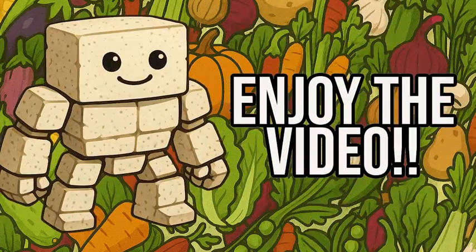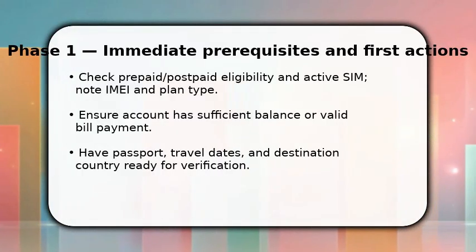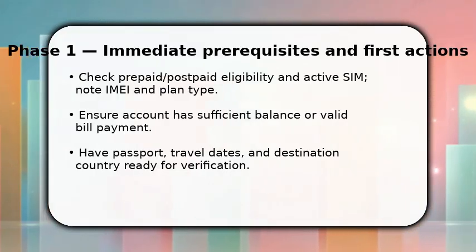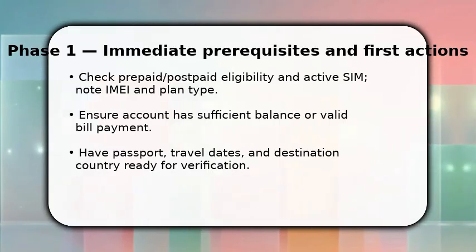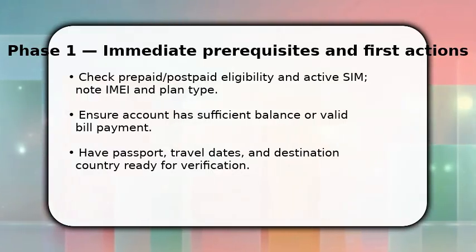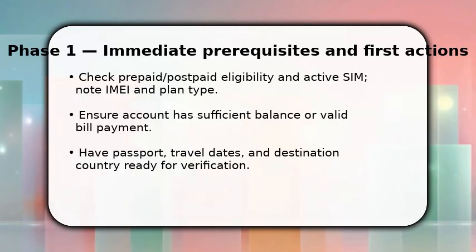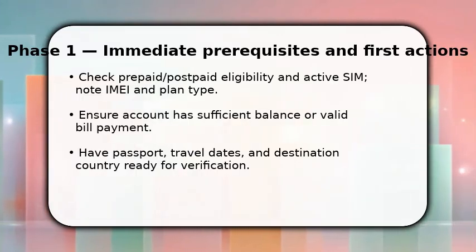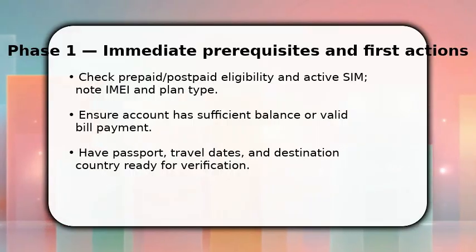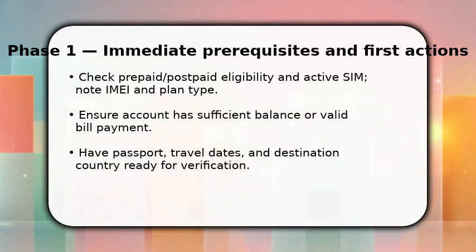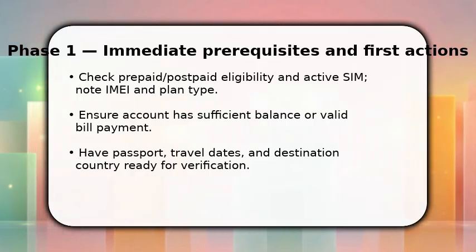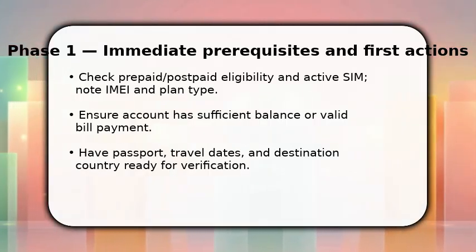Please enjoy the video. You begin by confirming eligibility and collecting essentials. Your SIM must be active, and you should know whether you are prepaid or postpaid. Once done, check your account balance or that your last bill is paid so activation isn't blocked. Make sure you have your passport and travel dates handy because Airtel verifies destination and duration. This speeds authorization. Now open the Airtel Thanks app or dial the activation USSD to start the roaming pack purchase